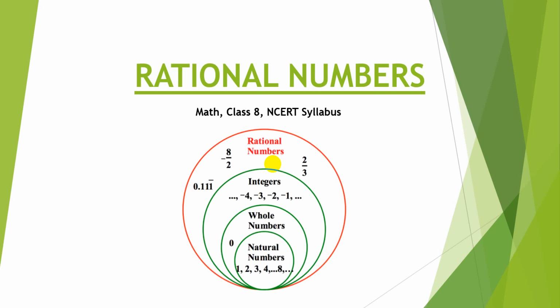After whole numbers, the next set of numbers is integers where we have included the negative numbers, 0 and the positive numbers. That means integers are the numbers where we have whole numbers, natural numbers and our negative numbers also. Now coming to the rational numbers: they are all the numbers which include integers, whole numbers, natural numbers, as well as the fraction numbers, the numbers which can be written in fractions, negative and positive both. So let us move forward and study more about these rational numbers.